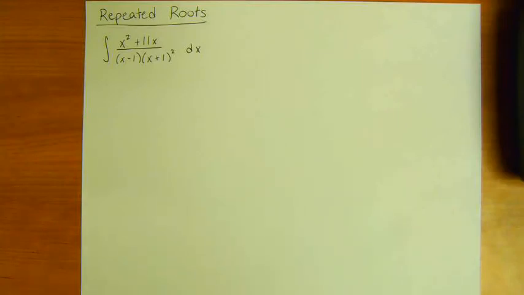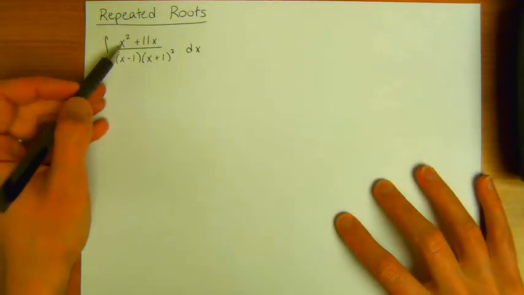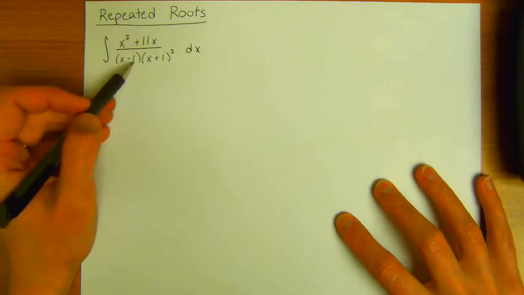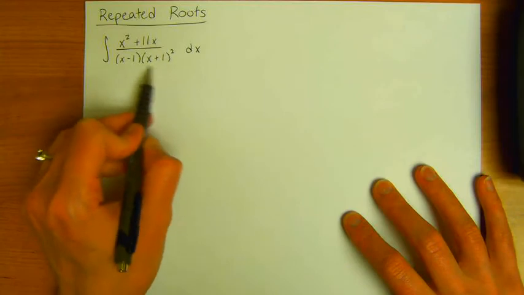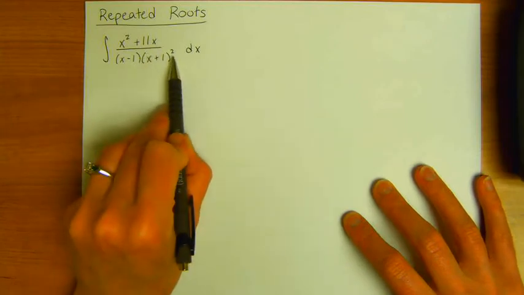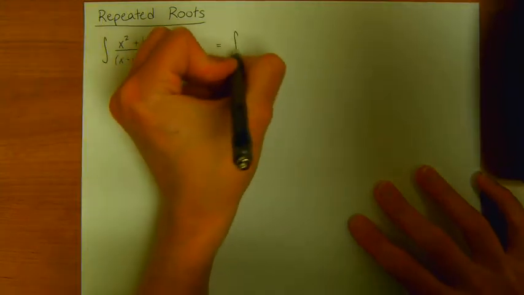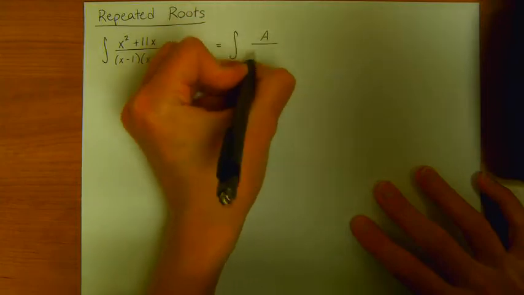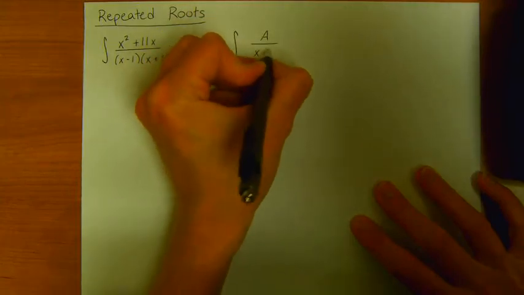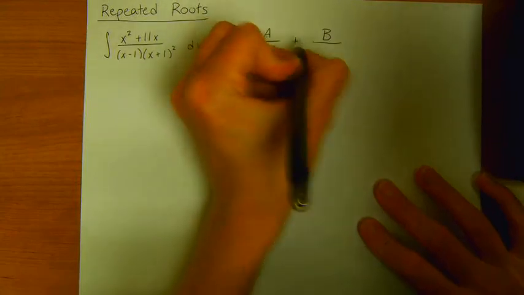So let's consider another case, the case of repeated roots. Suppose that we had this integrand, x squared plus 11x divided by x minus 1 times x plus 1 squared. Notice that this x plus 1 factor is occurring twice. So just like we would see before, if I wanted to do a partial fraction decomposition, this single root I'll treat the way that I normally treat a single root, that it would be a divided by x minus 1. And continuing on, you would have another fraction